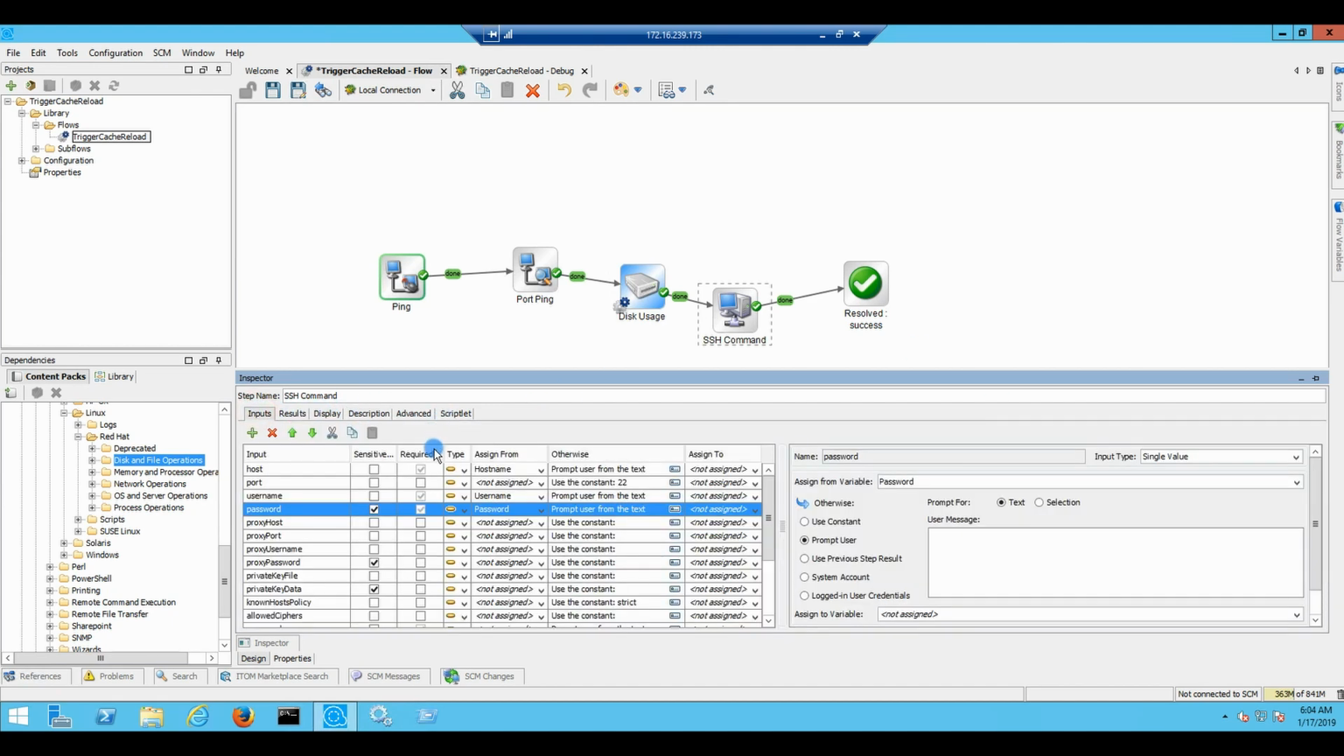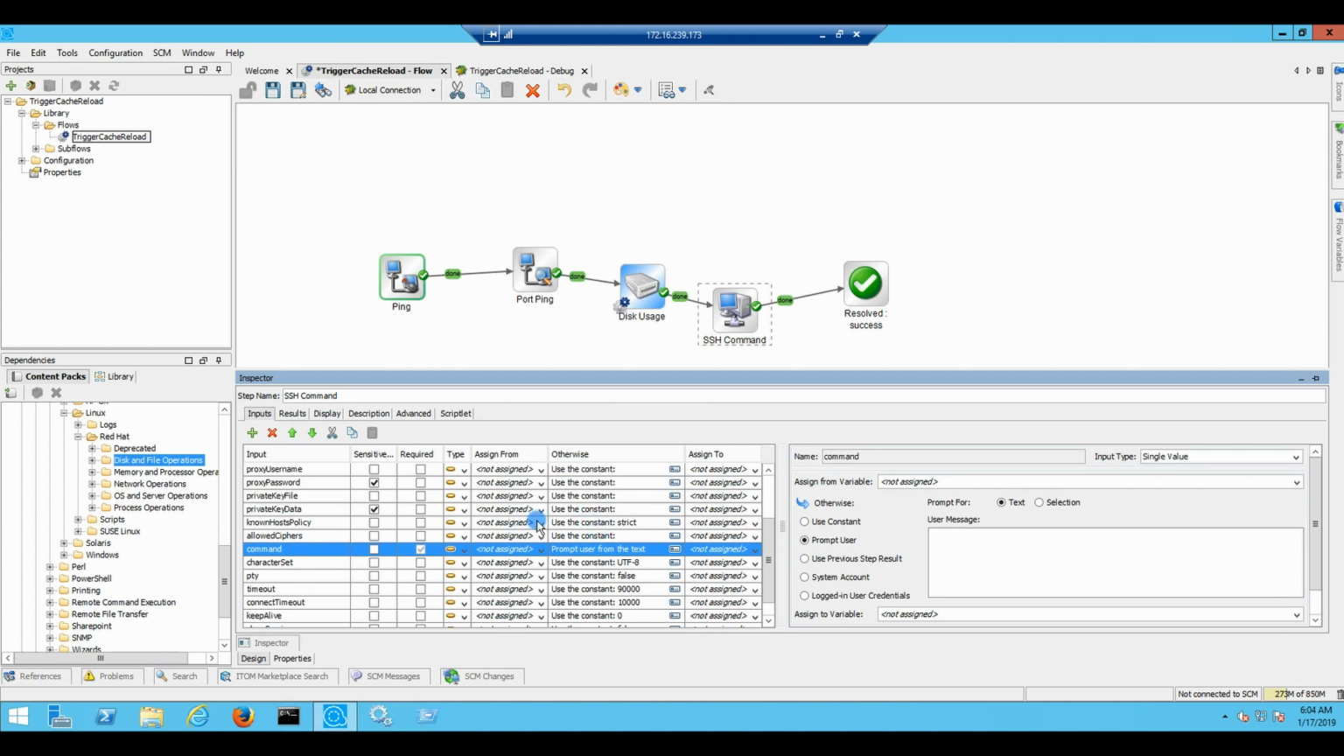So it looks a little bit interesting. I have the host, the port, the username, the proxy host, proxy port, proxy username, private key file, ciphers, command. Oh, there's the command. Okay, prompt user for text. No, I'm not going to use this. I'm going to use the constant, and the constant that I'm going to use is systemctl